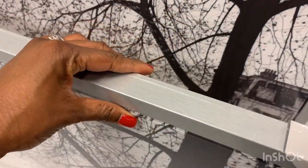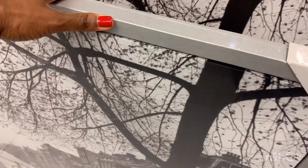It comes with a metal frame and it's a huge artwork. It doesn't look that big, but it's really big. And that's exactly what I'm looking for. Something really big to go in my dining room to make a statement. So what I came up with is that I'm going to actually get this and repaint it and create my own DIY